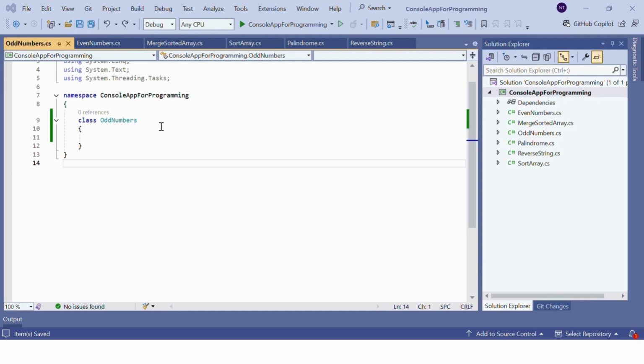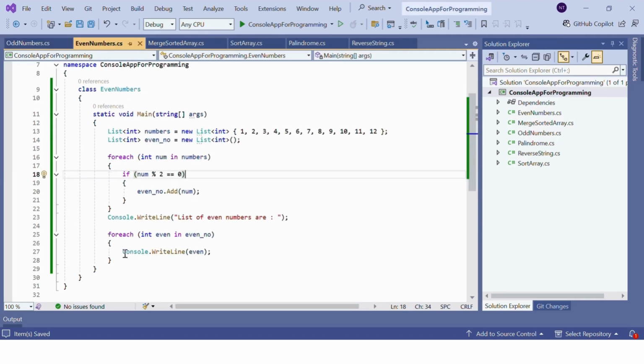So I have already created that CS file for odd numbers. Guys, I have posted one video related to the even number program. That was my last video. You can check the link on this screen on the top